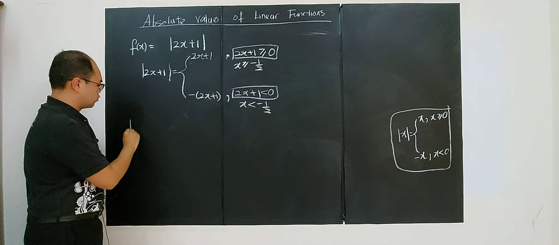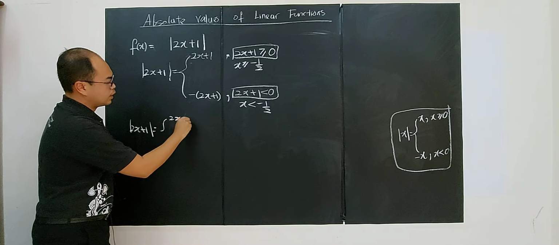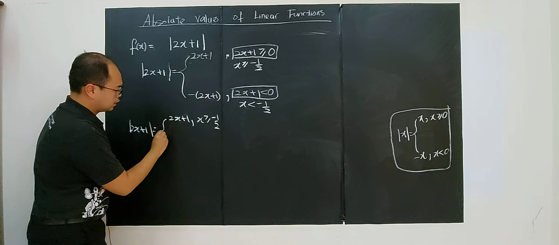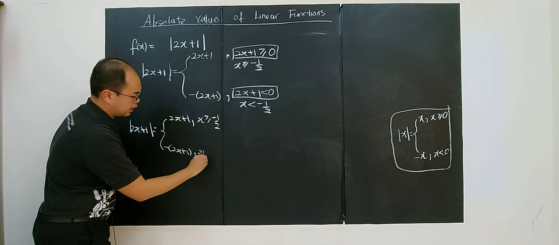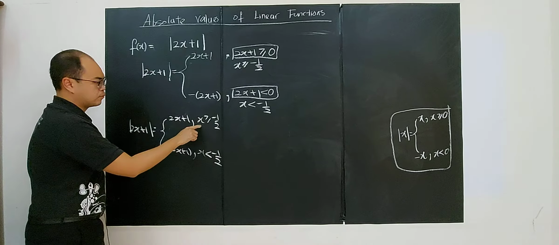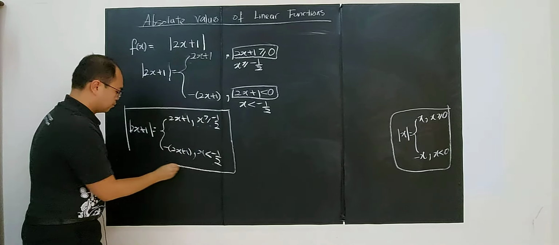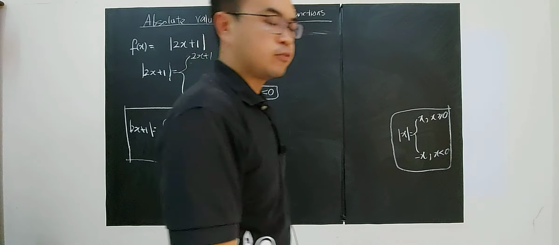So if you rewrite modulus of 2x plus 1, it's the same as 2x plus 1 for x greater or equal negative 1 over 2, and negative 2x plus 1 for x less than negative 1 over 2. Right? So this will be the absolute value function. So to sketch the graph here,